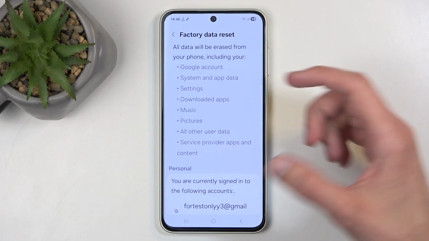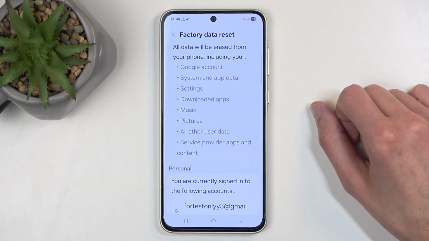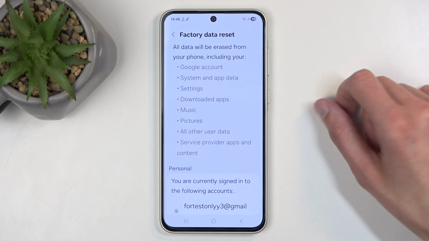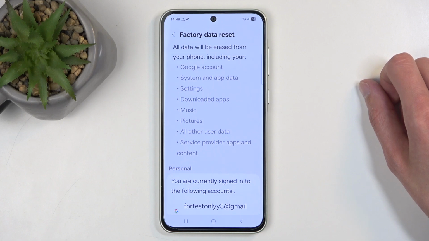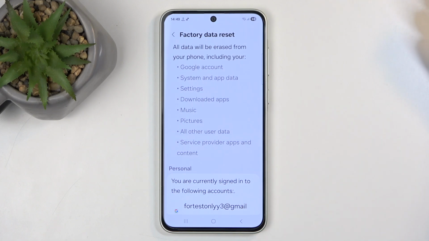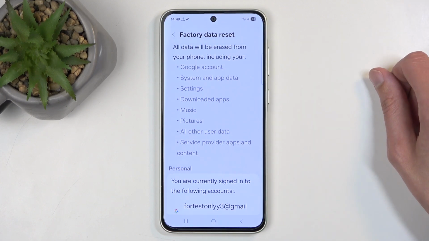When you click on it, it will present you with a list of data that will be removed by this process, which importantly includes things like photos, music, and basically all user data. If you have anything of that sort that you want to preserve, make a backup copy of it. Otherwise, this data will be deleted and this cannot be undone. Now, you can do this backup to the Samsung Cloud or using the Samsung